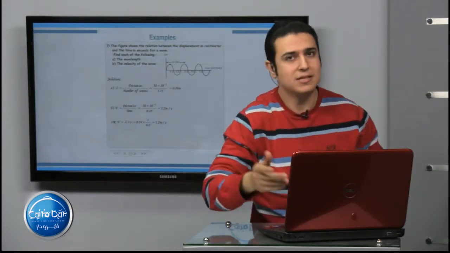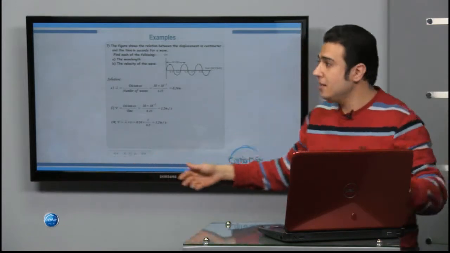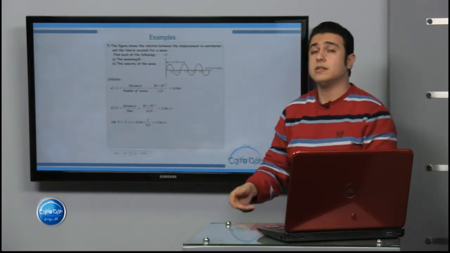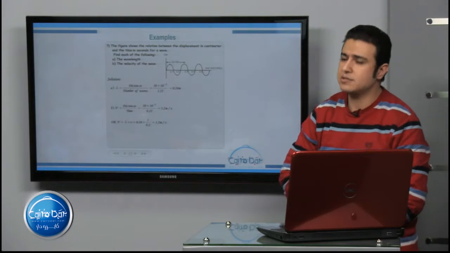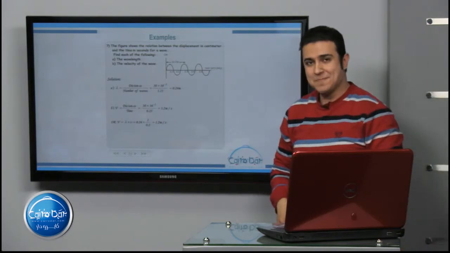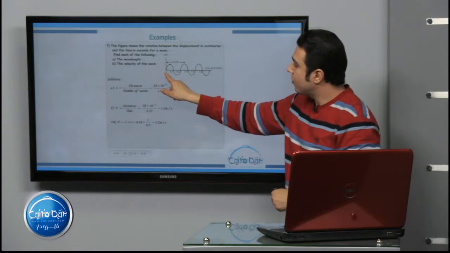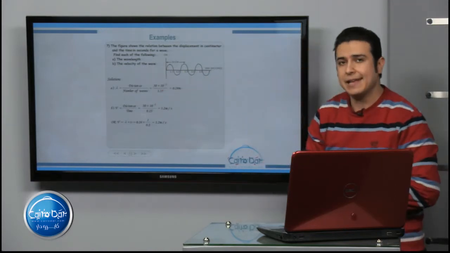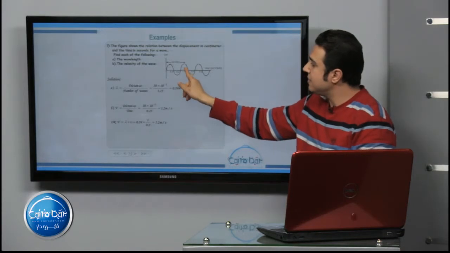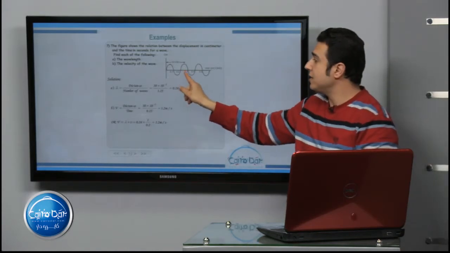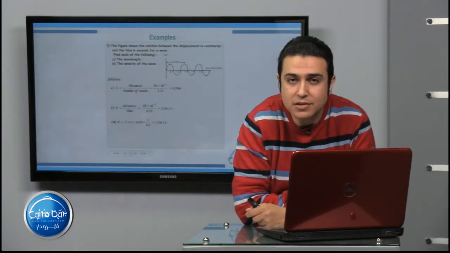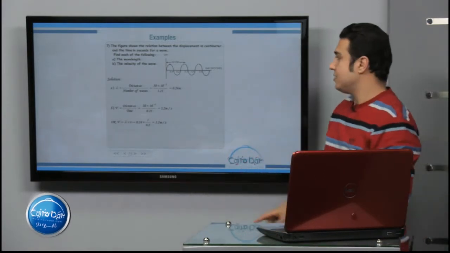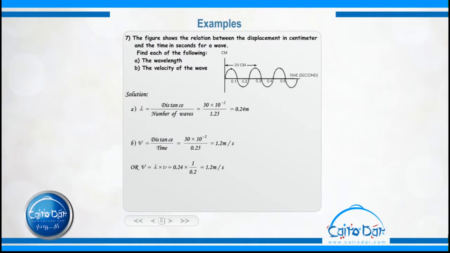That's for the wavelength. What about the velocity? To calculate the velocity is very easy. Distance divided by the time. So distance here is 30 centimeters, to convert it also, times 10 power negative 2, divided by time. The time from this point to this point is 0.2 seconds. But to calculate this time at this point, between 0.2 and 0.3, the midpoint between them will be 0.25 seconds. So the velocity equals distance over time equals 30 times 10 power negative 2 divided by 0.25 equals 1.2 meter per